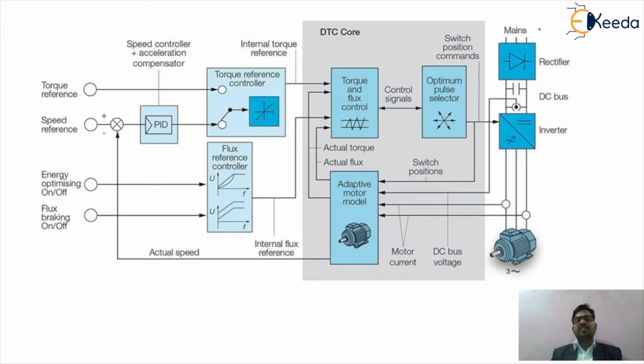So friends, as shown in the figure, this is the three phase supply. We call it R, Y, and B. That is the main supply which will be given to a rectifier. This rectifier will convert the alternating current supply into direct current supply by means of different power electronic devices. Such devices may be diodes or thyristors, depending upon our requirement. So the AC supply will be converted into DC supply by this rectifier circuit.